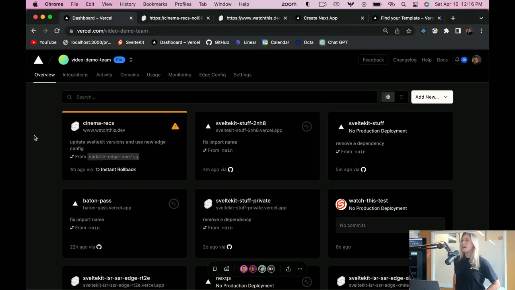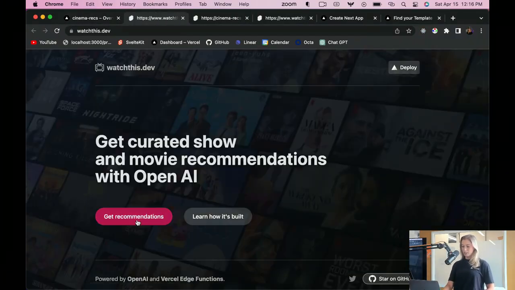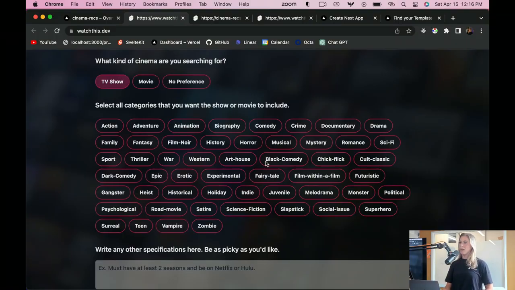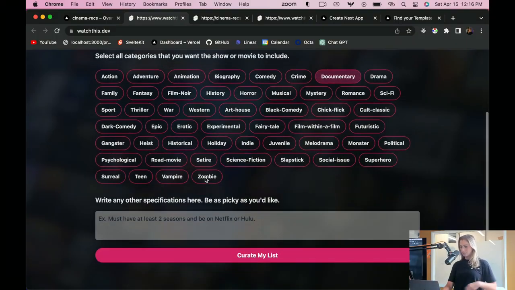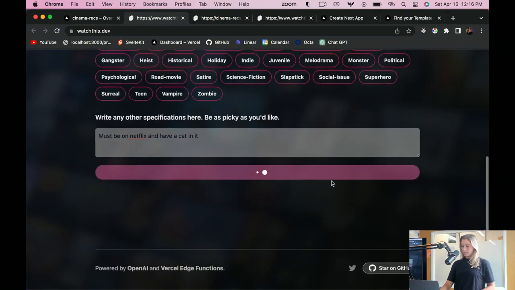And then the last thing I want to talk about is Vercel automatically configures your applications to use server-side rendering or edge functions or ISR if you configure your application to use it. So for instance, in this Cinema Rex project that I was kind of showing as a demo, if we go to it, this uses the OpenAI API, and you can click some categories and say must be on Netflix and have a cat in it. Curate my list, and you can see,